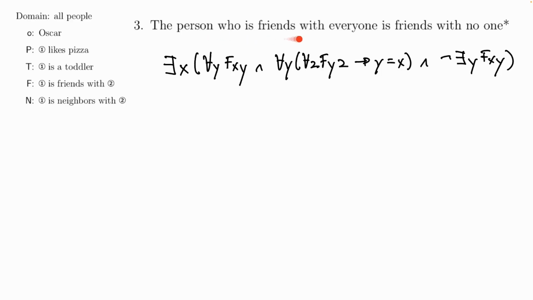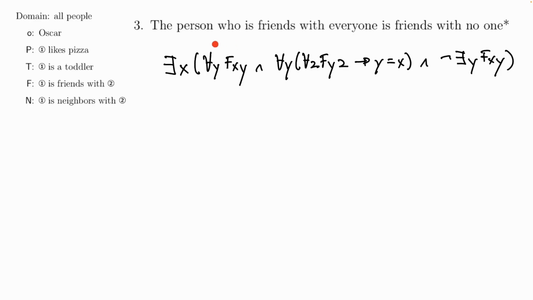the English statement, the person who is friends with everyone is friends with no one, is that a contradiction? Does that sound like an absurdity? Maybe I don't agree with this statement, but I could maybe see some truth in it or see what someone's trying to get at. It doesn't just sound like an incoherent contradiction. So to really capture what this statement is saying, maybe I should read it a little differently. It seems like maybe what this person is really trying to say is